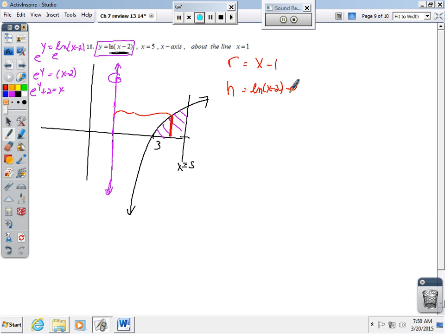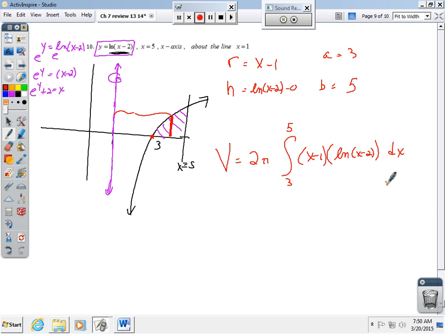And then I've got to find my upper and lower bounds. Well, I know that that lower bound is 3 and the upper bound is going to be 5. So now when I do the volume of this, it's going to be 2 pi integrate from 3 to 5 of the radius, which is x minus 1, times the height, which is the ln of x minus 2, and then dx. Grab your calculator and we should get the volume is